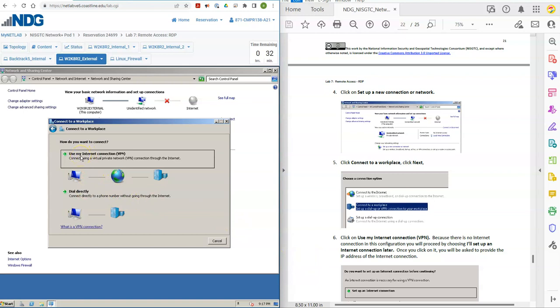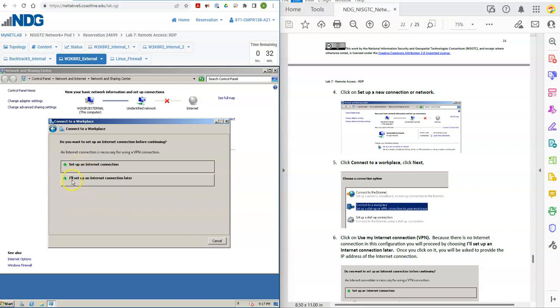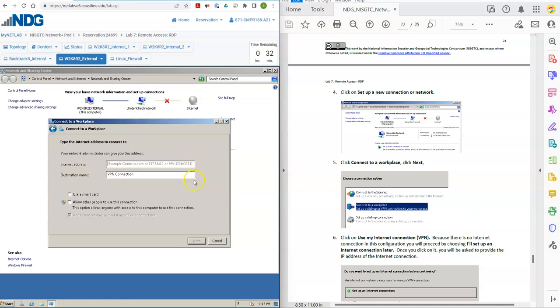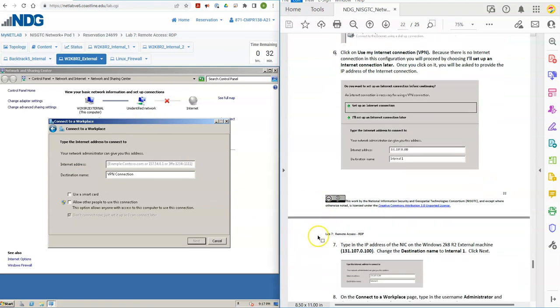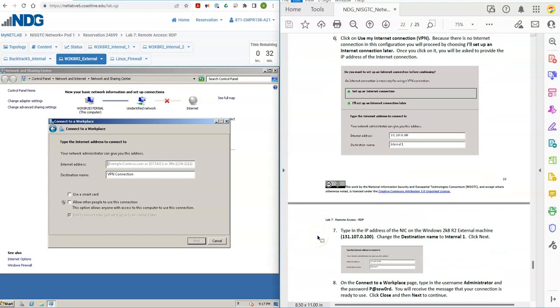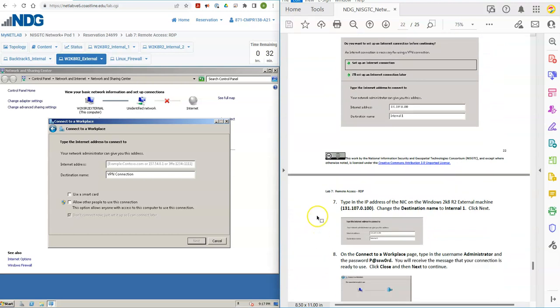So I'm going to click on Use My Internet Connection. And then we have the I'll set up an internet connection later down here on the bottom, and select that. And we will have options to enter in an IP address and a destination name. And in step 7, it tells us what we will be typing in the internet address field, and as explained, it says type in the IP address of the NIC on the Windows 2K8 R2 external machine,